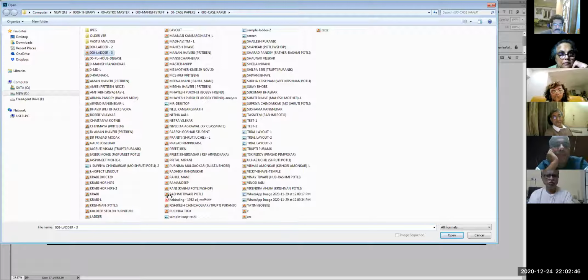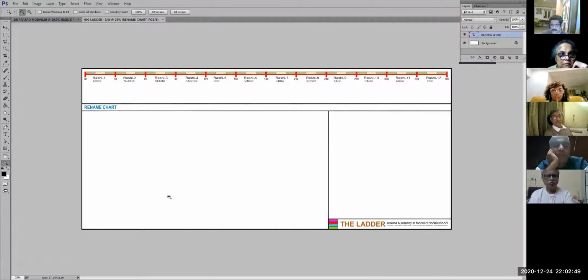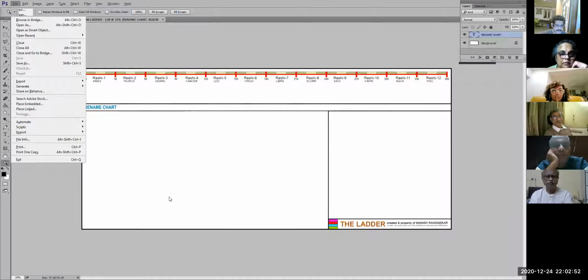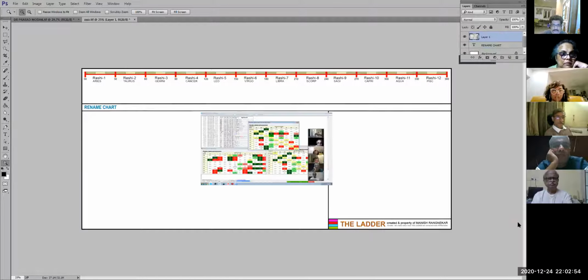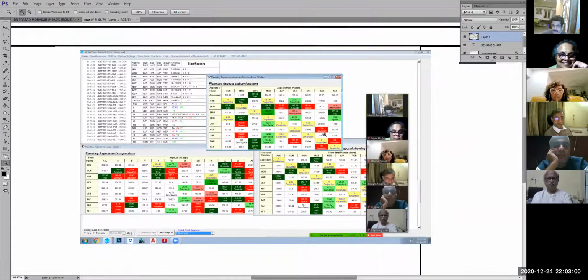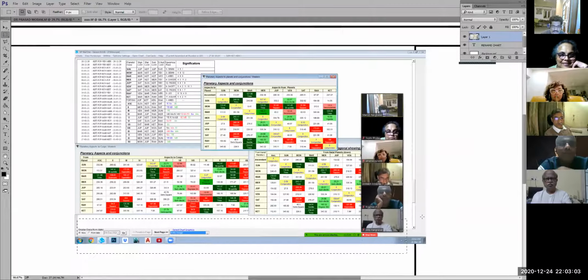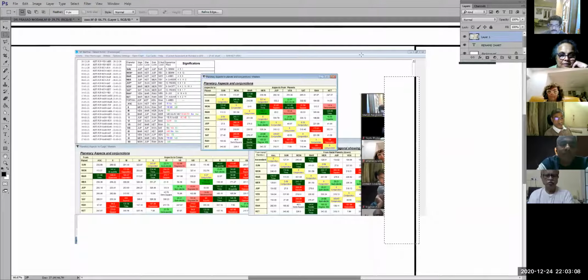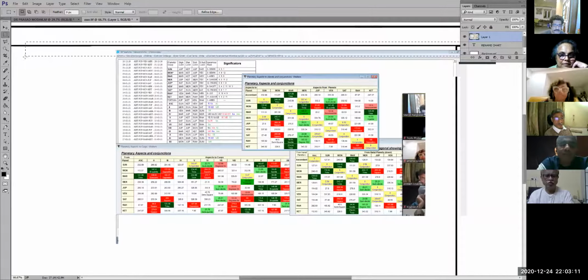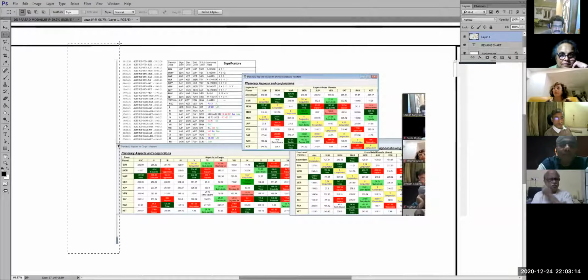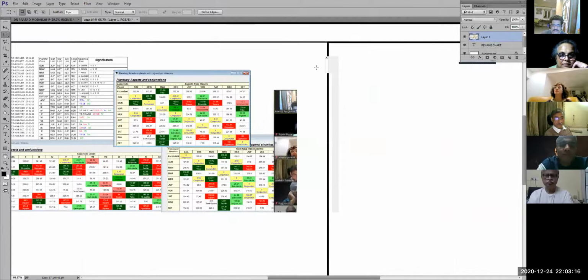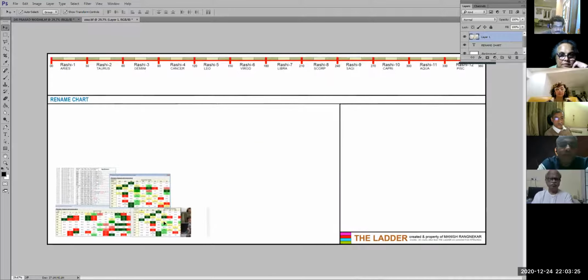Here I will open the ladder 3. It's a blank sheet. Can you see the blank sheet now, Sujata? I'm just making it a ZZ just now. Okay. I will paste it here. Now all your faces have also come in. So you'll have to bear with me on that. So basically then what I will do is I will delete this portion off. Now I'm presuming that it would be somewhere here. The faces have come. Okay. I will delete this off. You don't need to delete it, but I like to keep it a little clean. That's why I'm deleting it off. So I remove all this. Okay. So something like this, you'll get something in this proportion, which in Photoshop I can put it here.